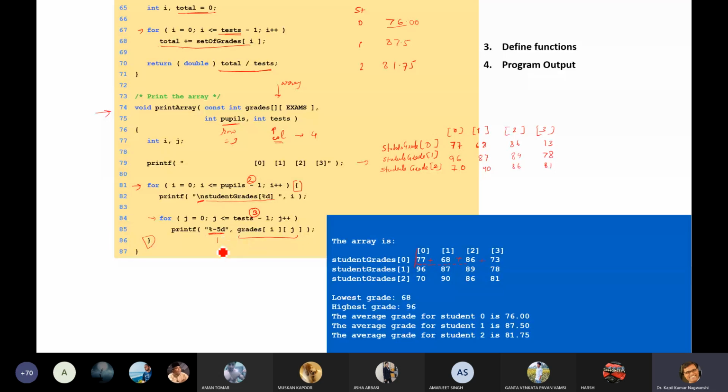So this shows your left alignment. And this 5 shows number of spaces 1 2 3 4 5, including the answer. Similarly, if it is %5d, okay, so %5d is right alignment.